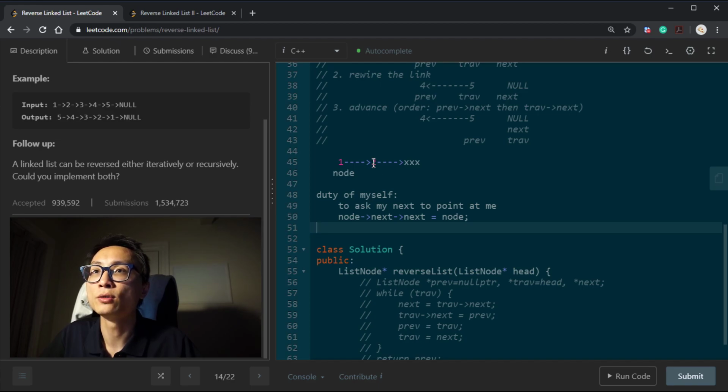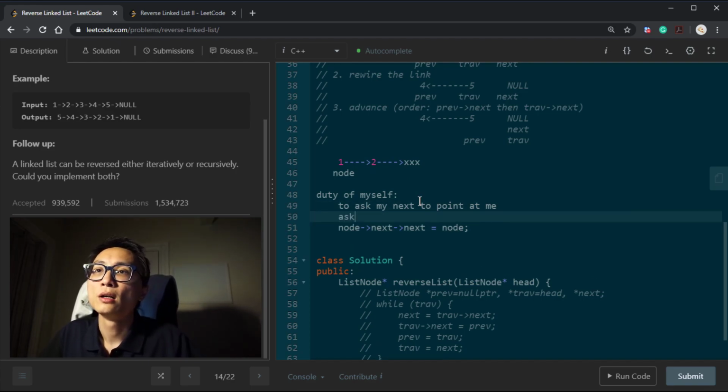Because if I ask 2 to point to me, then 2 will never know that 3 is after him, so it will lose that connection. So I ask my next to do the same as me. That's the first thing I need to do. The second thing is to